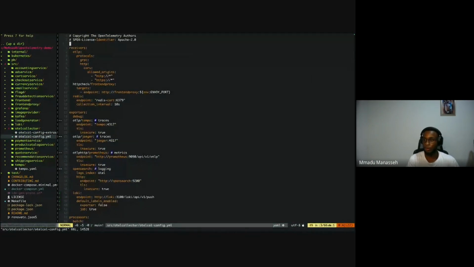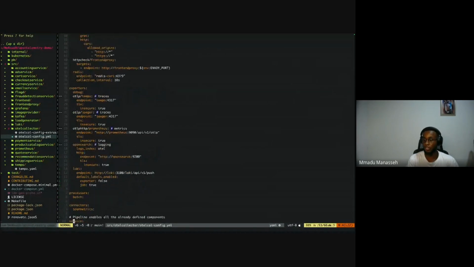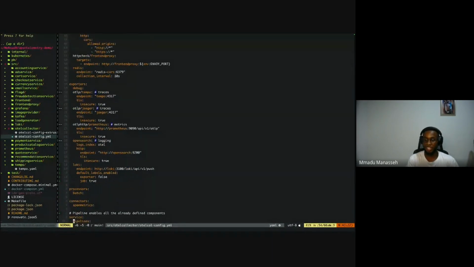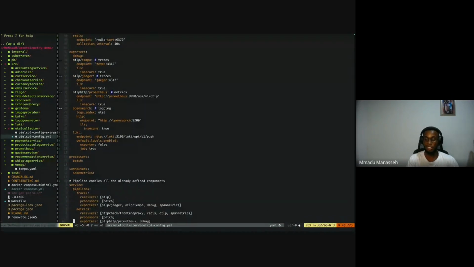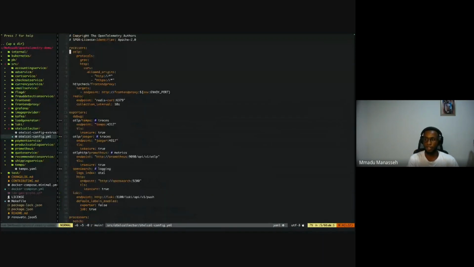Once we open the Otel configuration, we can see we have four sections: the receivers, the exporters, the processors, and the connectors. Then we have this last part called the service, but it's not a section, it's just a pipeline that determines how you are connecting the data that Otel has collected so far. Let's talk about them one by one.